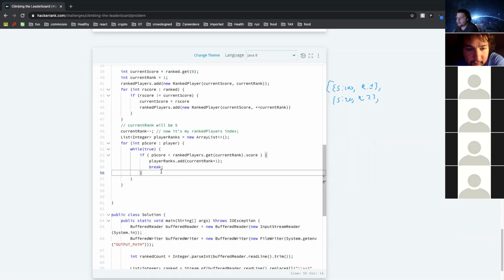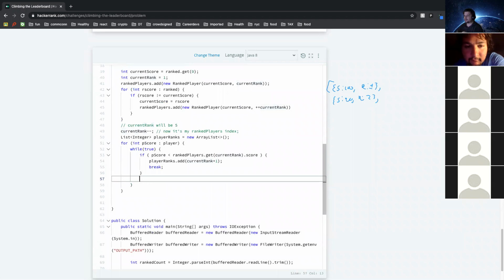Got that. All right, yeah. And since I'm using a break, I don't need an else. I actually was going to clarify that. I don't need an else because we're using break. Remember, break ends all execution of code inside this looping structure and brings you outside of the looping structure. So I actually don't need an else. So from here, once I know that I'm not less than the current person, we'll do the if first. So if